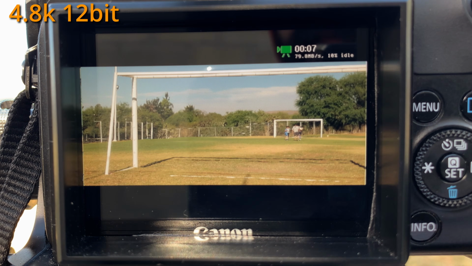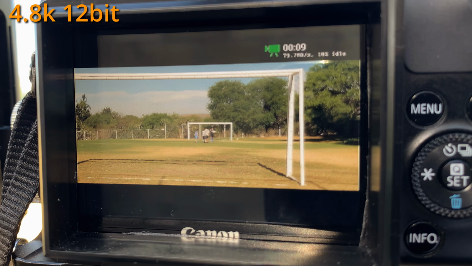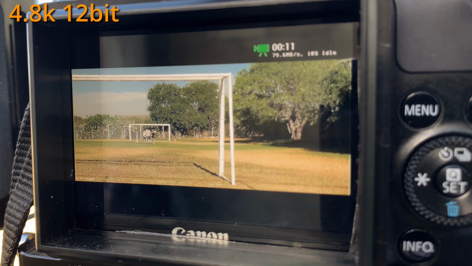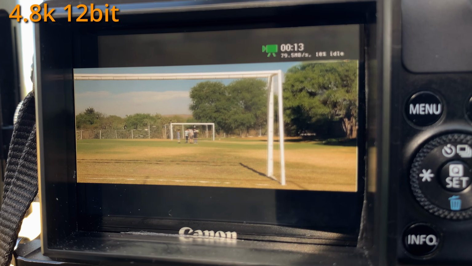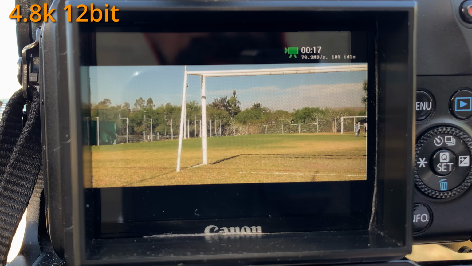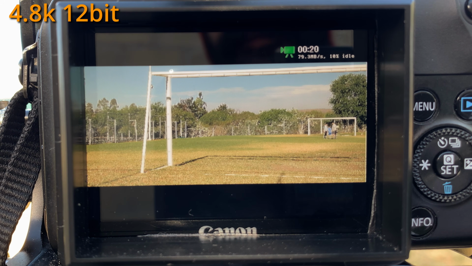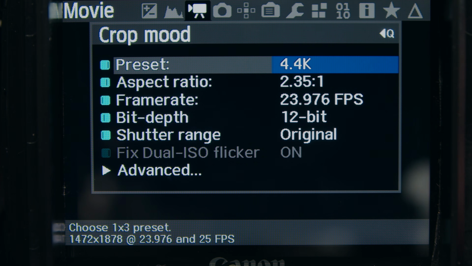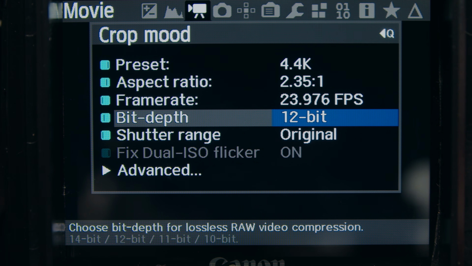Beautiful green all the time. Let's try now 4K 14-bit, very stable and versatile.